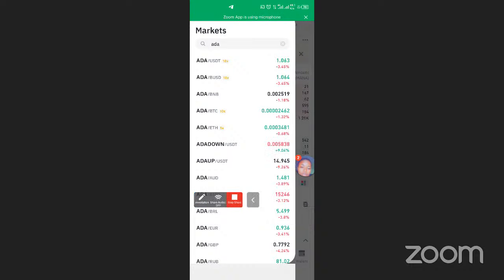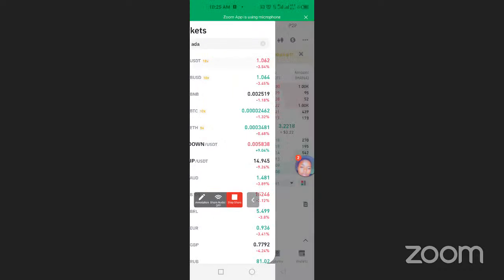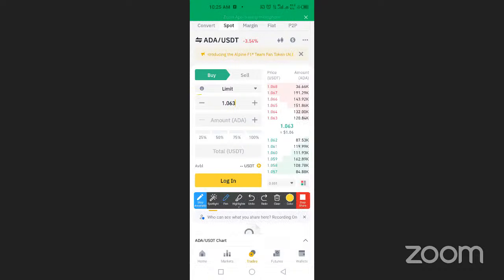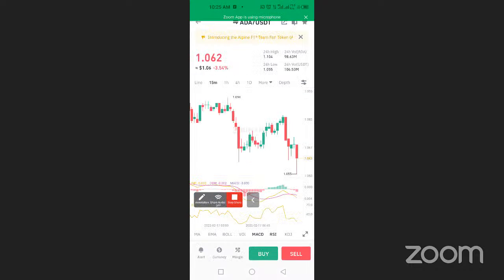All right. So you now click on ADA. Now when it opens like this, you see ADA is already down by 3%. So you now click on this candle icon, we call it candle. When you click there, that is where the chart of this ADA will be opening. You understand? That is where it will be opening. And then you can now see here,